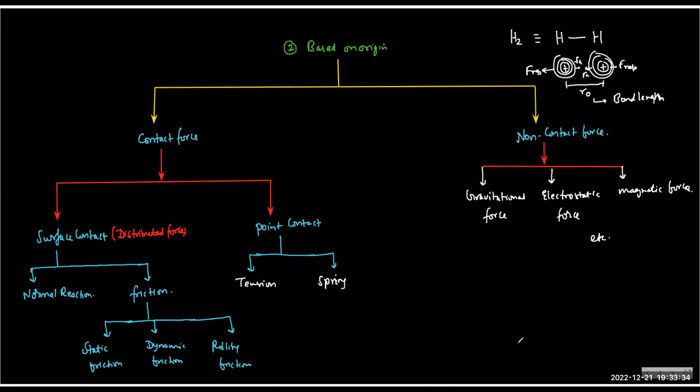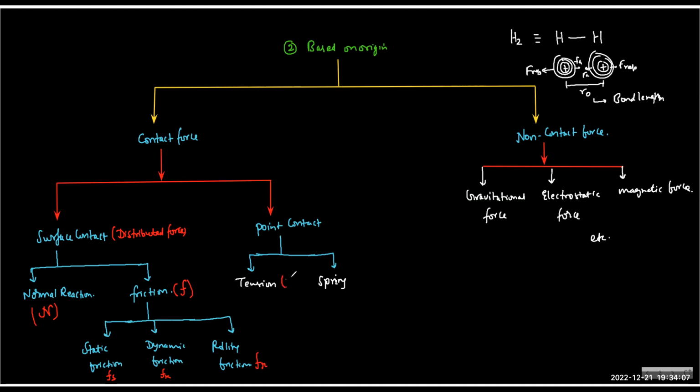So I'll come to this part. Also, one should be aware of some symbol notation that we use in different contexts. For normal action, the symbol we are going to use is N. For friction, the symbol is small f. For static, we have a separate symbol Fs. Dynamic is also called kinetic friction, so there is the symbol Fk. And for rolling, you can say Fr.